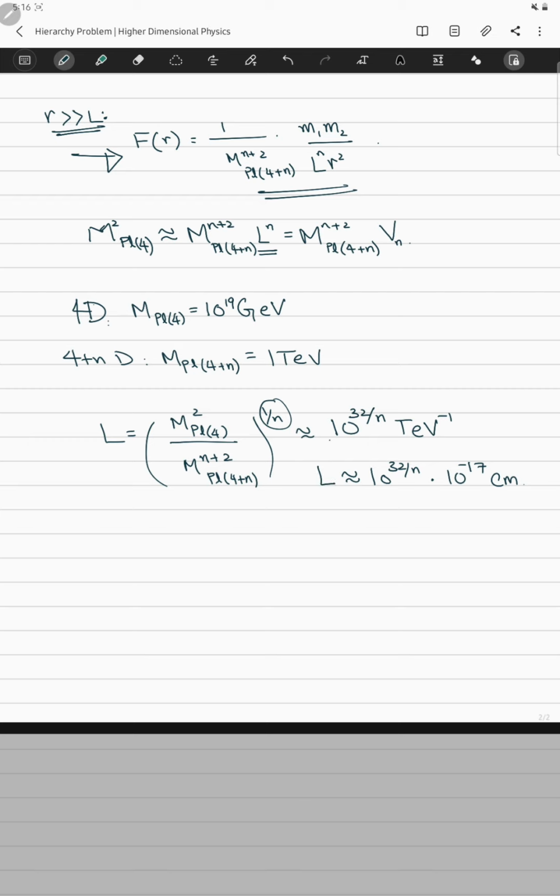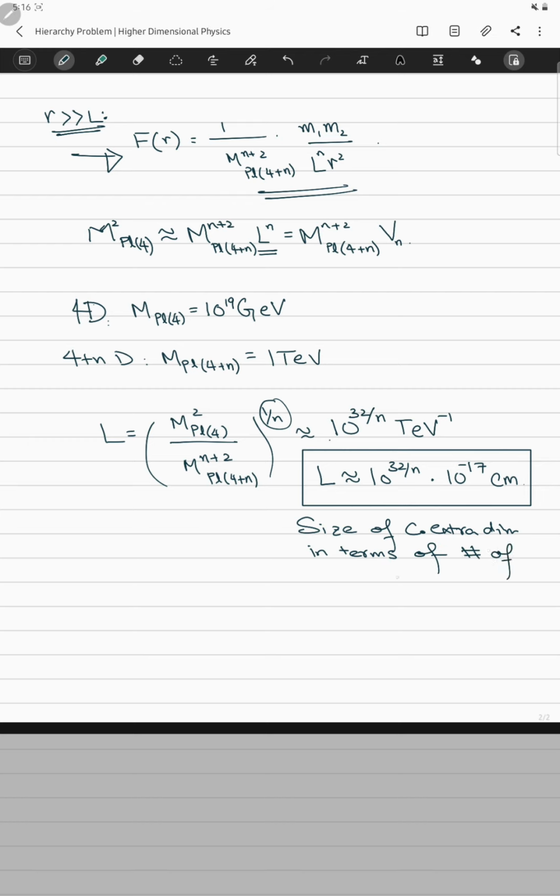So this is the size of your compact extra dimensions in terms of the extra dimensions. So I'll just write it down over here. Size of compact extra dimensions in terms of number of these compact extra dimensions. Okay, cool. Now